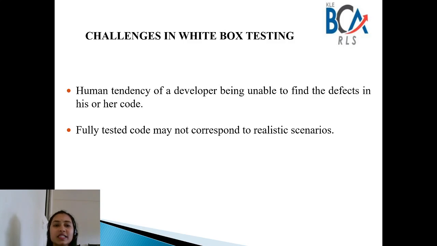You cannot test every single part of the code, so you are not covering all realistic scenarios. These are some of the challenges of white box testing.